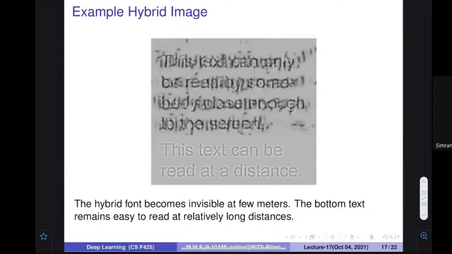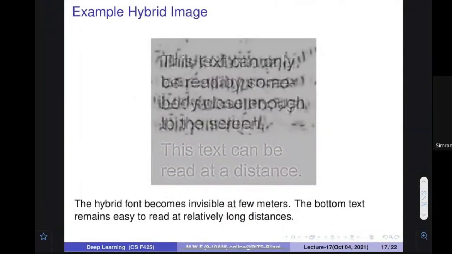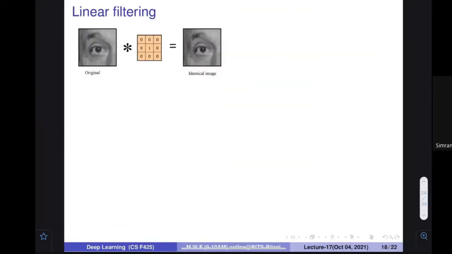For example, most probably you can read this text. Okay, I also have to see. But can you read this? What is written over there? Now? Okay. So why is this happening? Because different frequency components are actually mixed over here. You have to see which is the right frequency component for you.